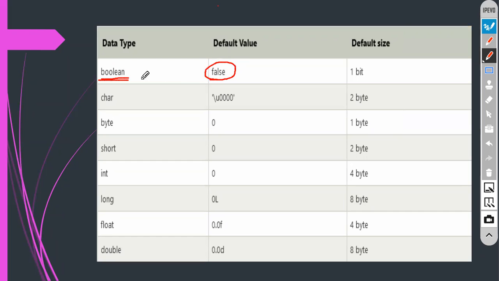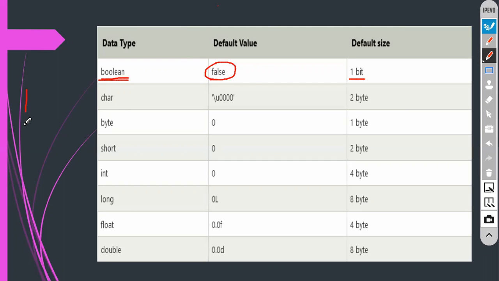You need to understand this one. Boolean is a data type. Again, the default value of this type is what? False. Now in the RAM, please understand this one. In the RAM, how much memory will this Boolean consume? This matters while doing narrowing as well as widening. So it will hold only one bit. One bit is nothing but what?